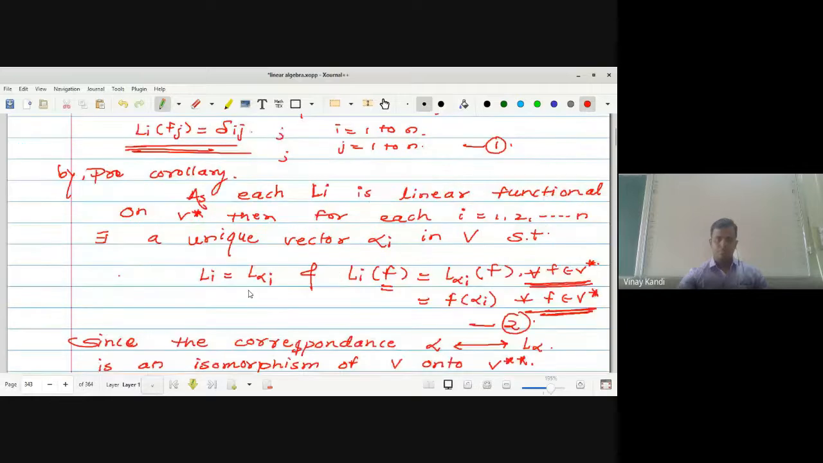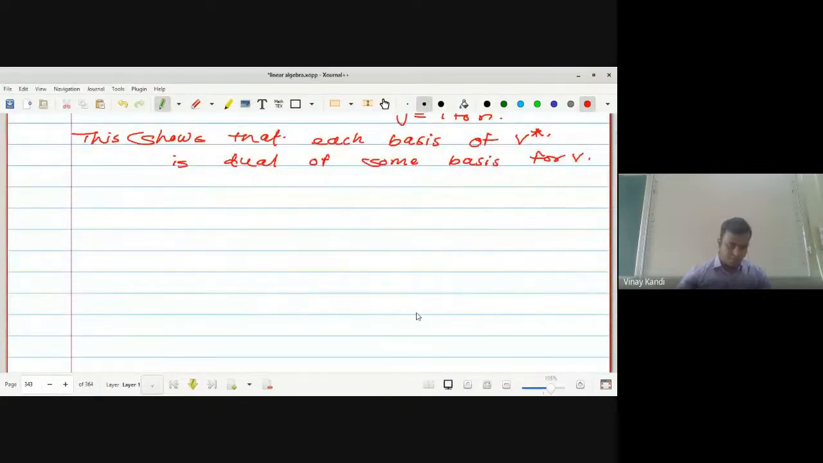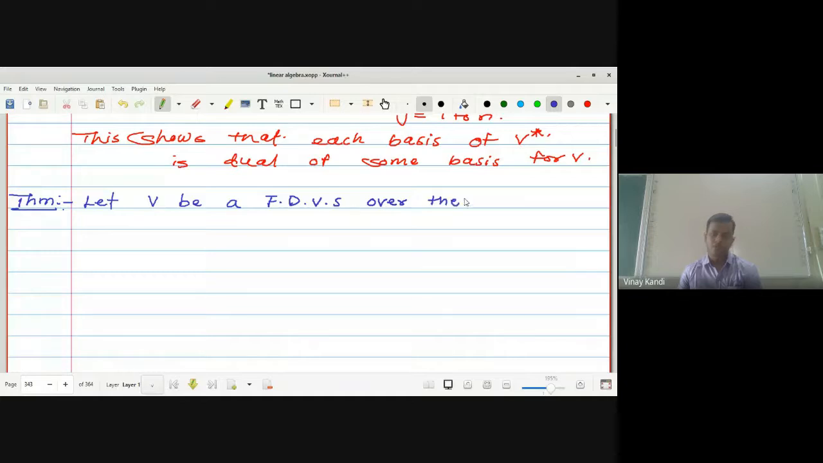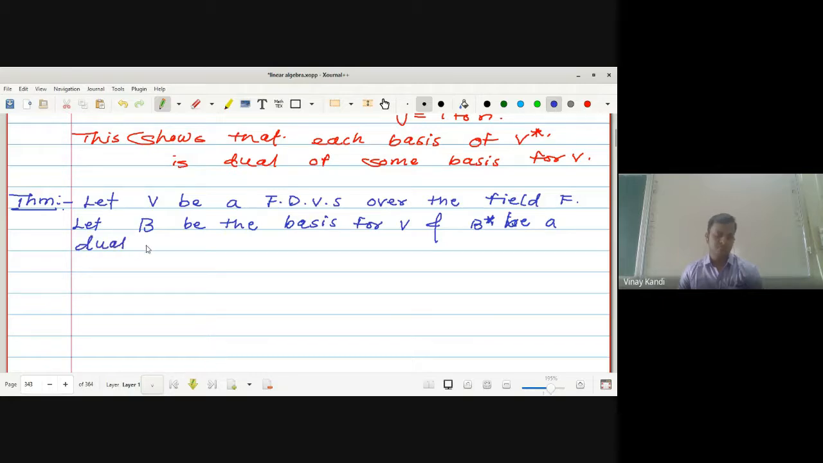Now, the next theorem is: let V be a finite dimensional vector space over the field F. Let B be a basis for V, and B star be the dual basis for V star. Then we have to show that